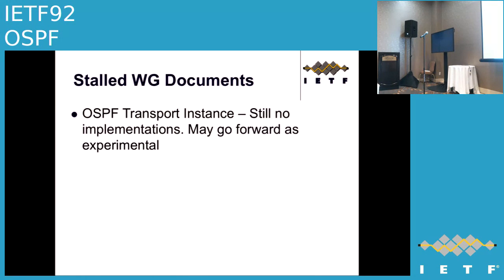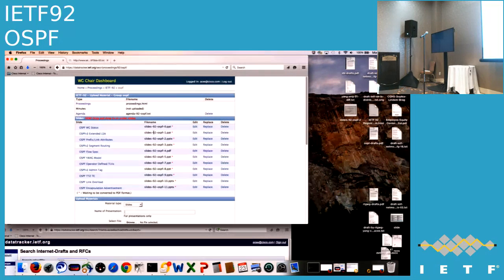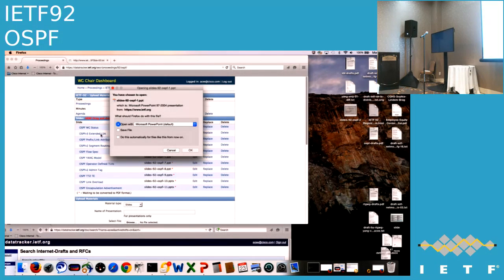This is still stalled. I don't know why. Since I'm talking on this, it's fallen so far down on my priority list. I don't know what we'll do with this. I still think it's a good thing. But okay. Like I said, I got these updated. These should go very quickly.